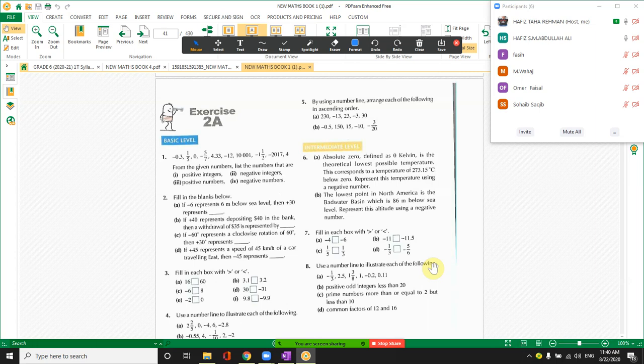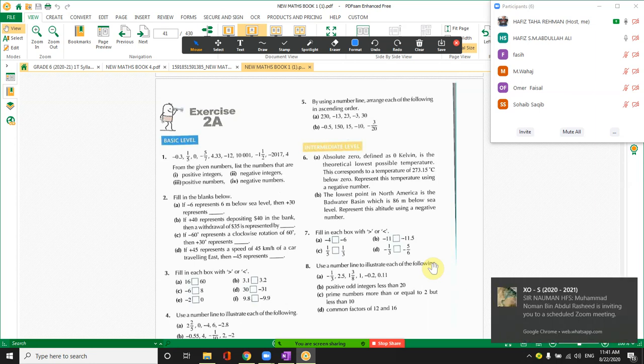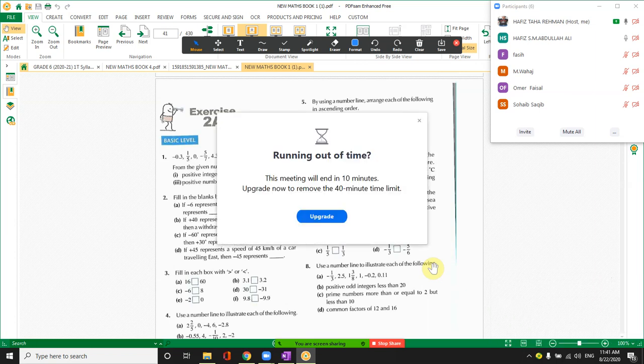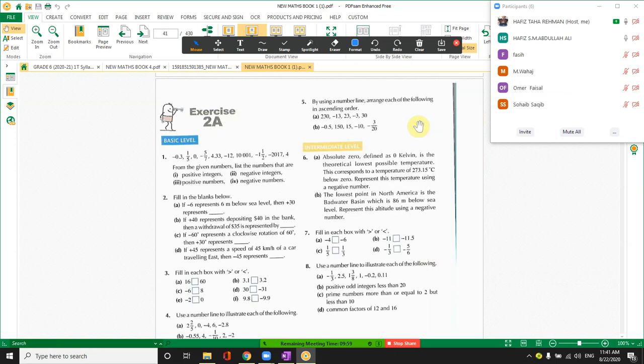So you need to draw a number line that must have positive 1, positive 3, positive 5, positive 7, positive 9, positive 11, positive 13, positive 15, positive 17 and positive 19. Got it? Yes, sir. Okay. Can you draw these numbers on a number line? Should I do it or can you do it by yourself? Beta, can you do it by yourself? Yes, sir. Very good.